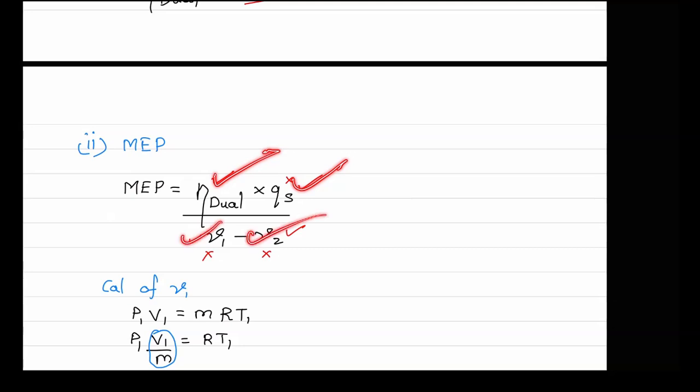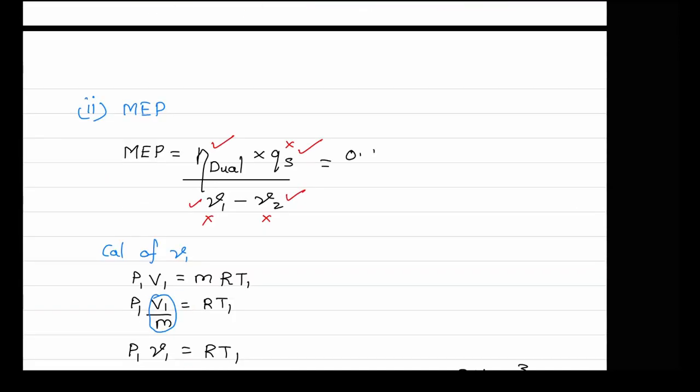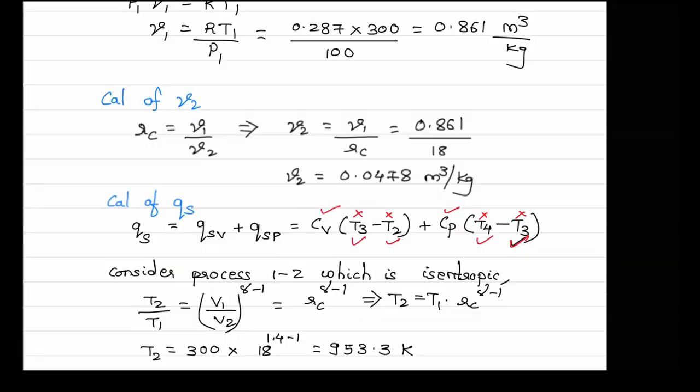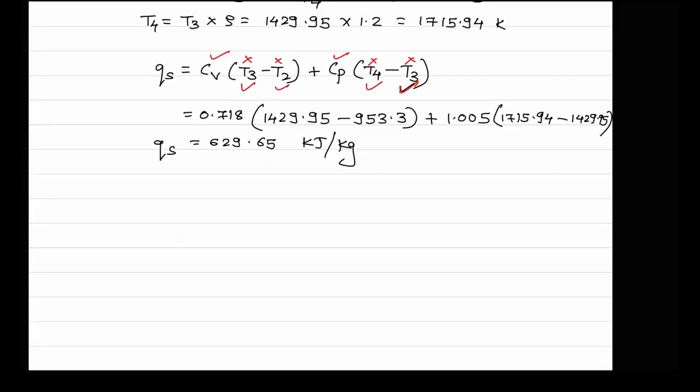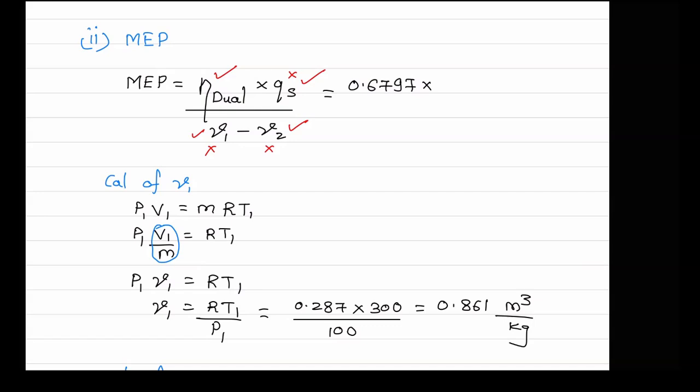First, the efficiency of dual cycle is 0.6797, into the QS value, 629.65, divided by